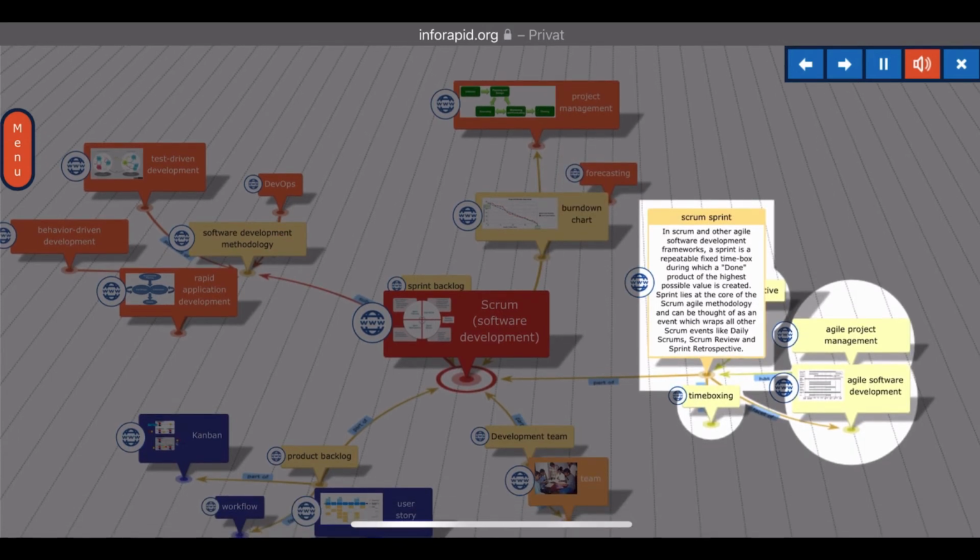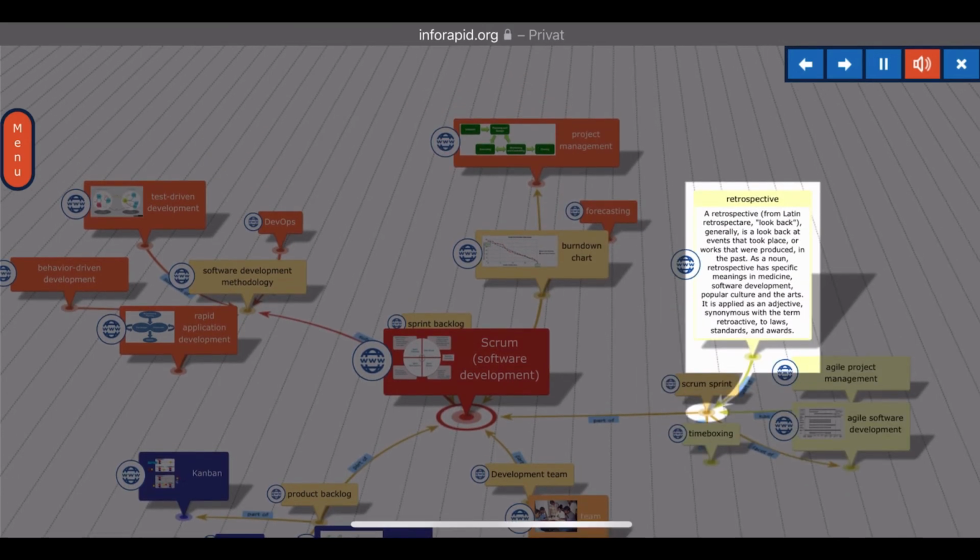The topic Scrum Sprint in overview. Retrospective. A retrospective, from Latin retrospecta, look back, generally, is a look back at events that took place, or works that were produced, in the past. As a noun, retrospective has specific meanings in medicine, software development, popular culture and the arts. It is applied as an adjective, synonymous with the term retroactive, to laws,